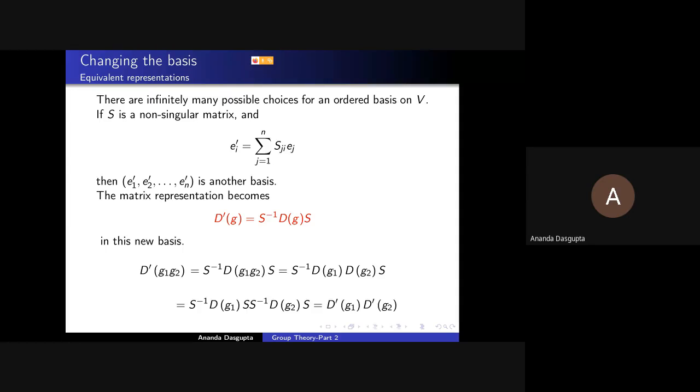But you should realize one thing: the equivalent representations that we have found have no new information. They have exactly the same information as the original representation. All that you have done is change your basis, and the basis is an artificial imposition on the vector space, right? The vector space doesn't come with a basis marked on it. It's just a bunch of vectors which you can add or multiply with. The basis is something you introduce in order to be able to then deal with simple numbers rather than abstract